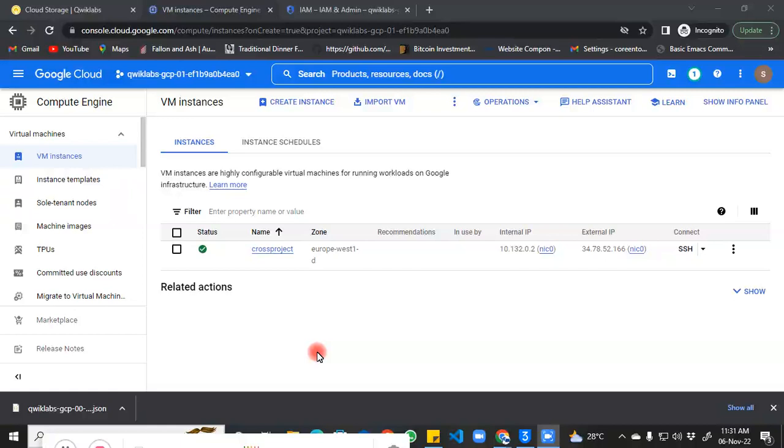And directory synchronization, I recursively synchronized a VM directory with a bucket. Cross project resource sharing using IAM, and